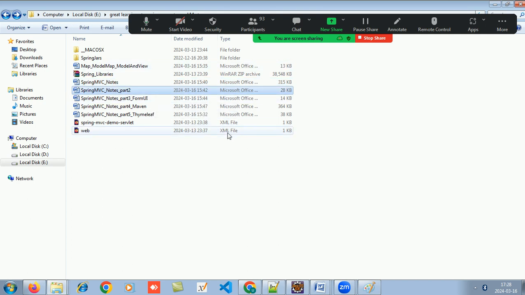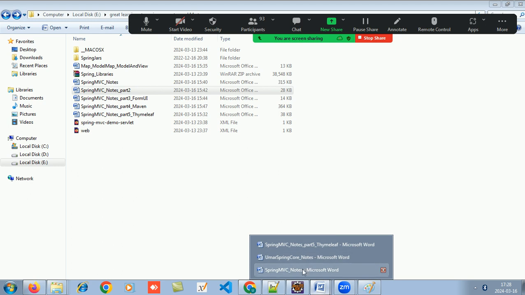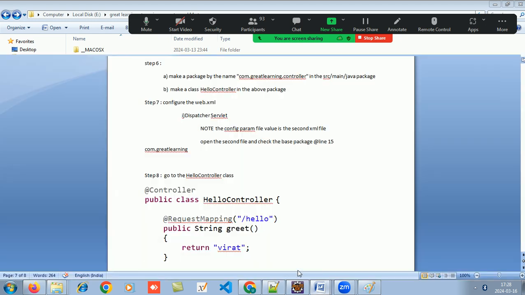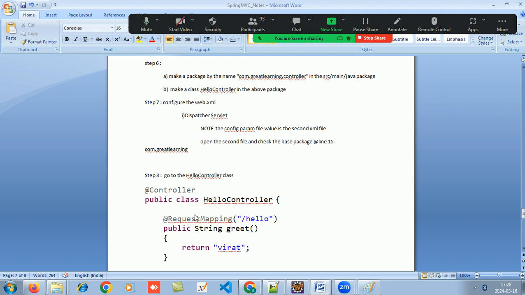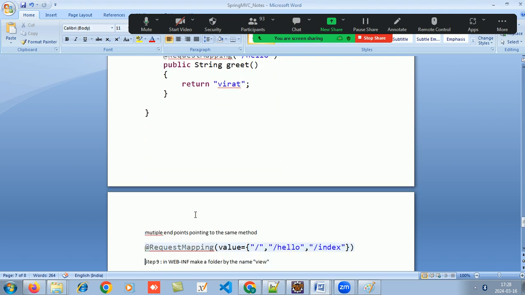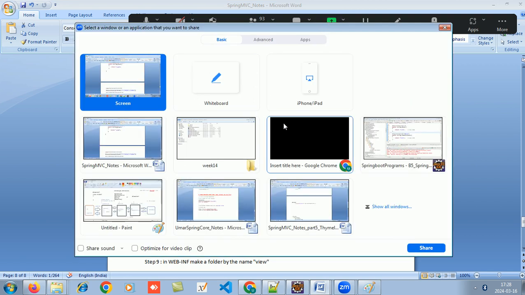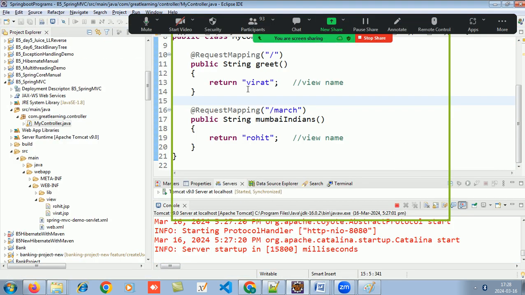Any concerns? Okay, let me close up the documentation of part 1 now. The documentation says you can make as many controllers. As I said, you can have multiple endpoints coming to the same method, guys. This is interesting. So if I want one method,